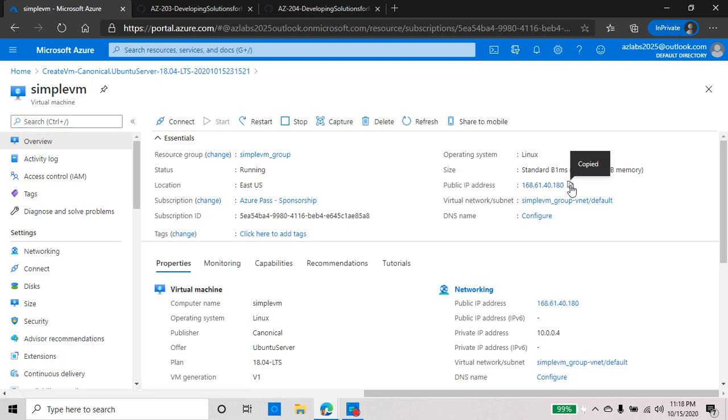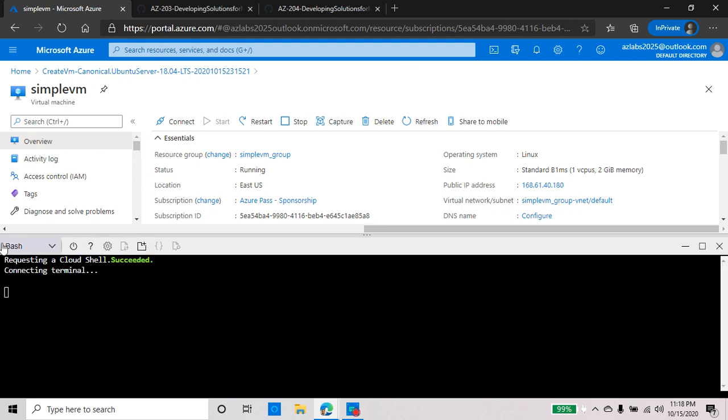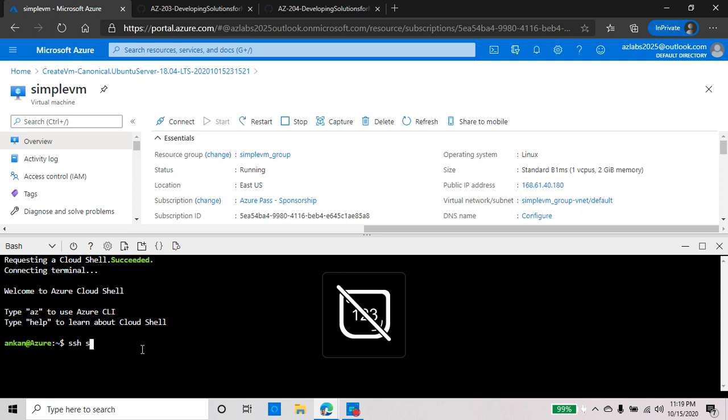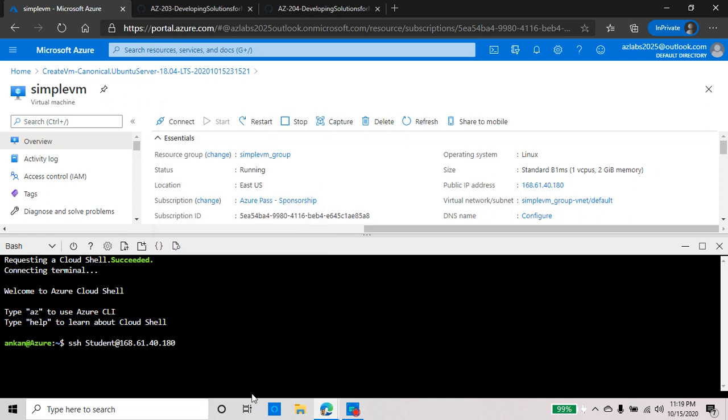Here is your IP address, you copy that one, and then on this button, if you hover over here, it should say Cloud Shell. Click on it. It's going to bring up this command shell down here. If you look at it, I have both PowerShell and bash environments available to us. I'm going to stick to the bash environment. I'm going to do ssh student at, and then I'm going to paste the IP address of the virtual machine that I have just created,